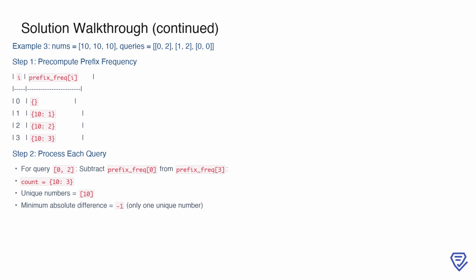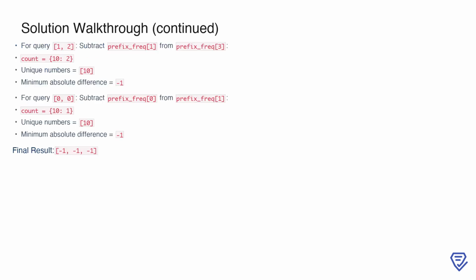At index 3, we have all three 10s, making the frequency {10: 3}. For the first query, [0, 2], we subtract prefix_frequency[0] from prefix_frequency[3], giving {10: 3}. The unique number in this range is 10, and since there is only one unique number, the minimum absolute difference is -1. For the query [1, 2], we subtract prefix_frequency[1] from prefix_frequency[3], resulting in